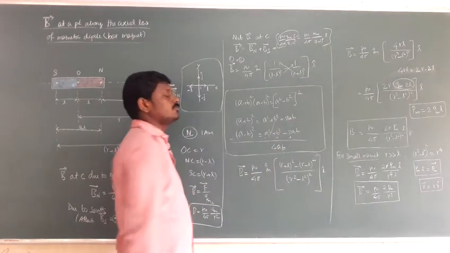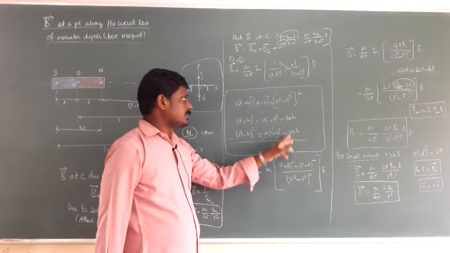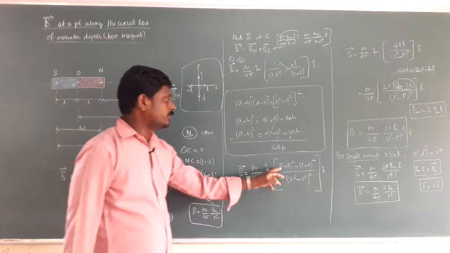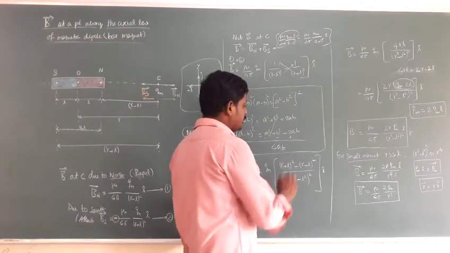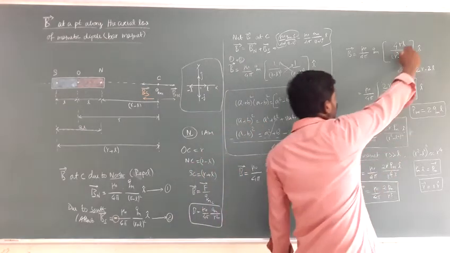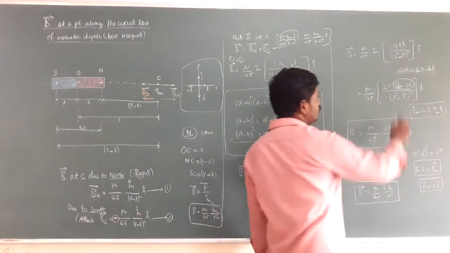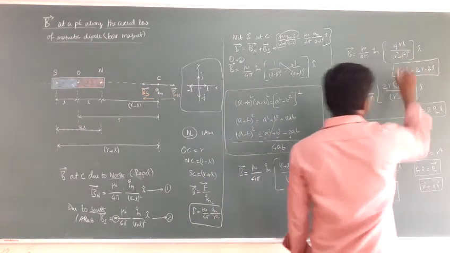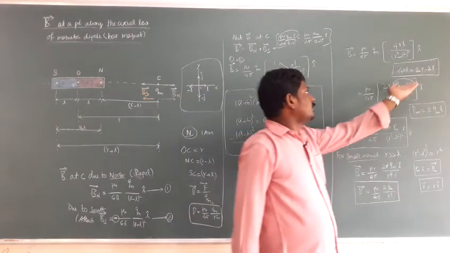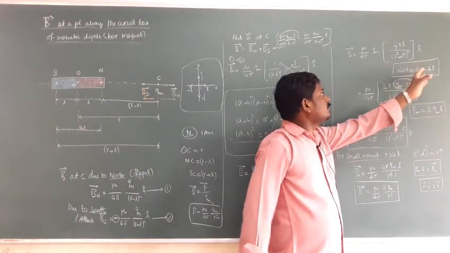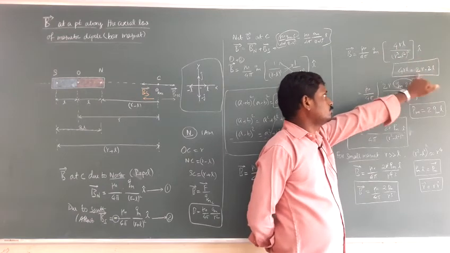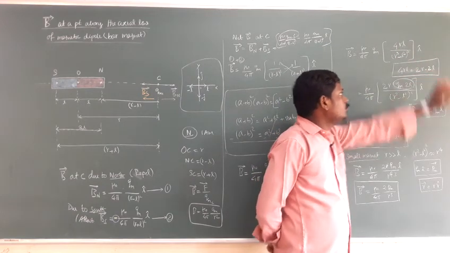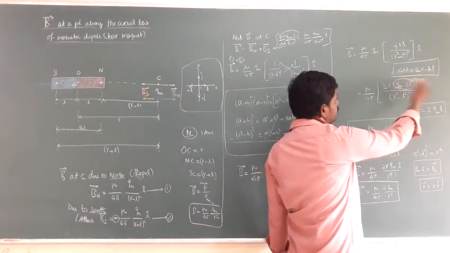So a squared and b squared are cancelled. So plus plus, so 4ab. So the numerator should be 4ab. So here a is r, b is l. So 4rl. How we will divide it? So it's 4rl, so 4 is 2 into 2. So it's 2r times 2l. So just we need to split it.